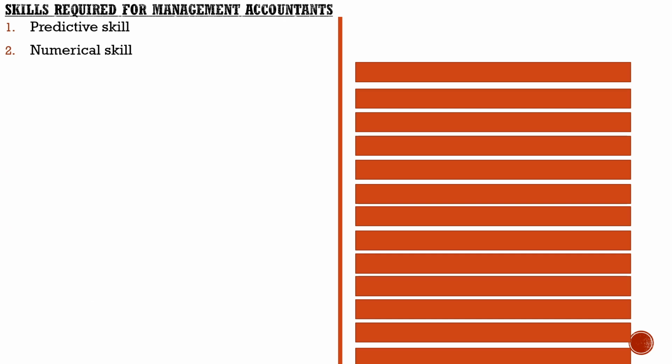Next one is numerical skills. Numerical skill is a basic skill needed for a management accountant. He must have the ability to understand and analyze numerical information and to make right conclusions and decisions. He should be able to understand the relationship between numbers, because he will always be dealing with numbers, facts and figures. Besides, he should have the ability to organize information, argumentation and logical thinking. Apart from that, he should have proper calculation skills, measurement and detailed data analysis.